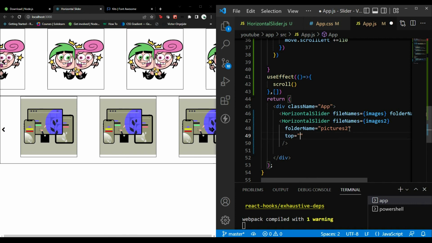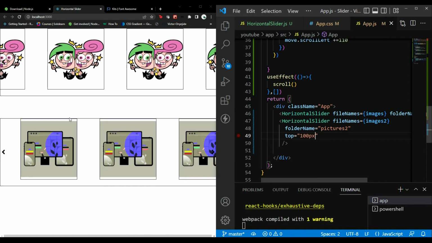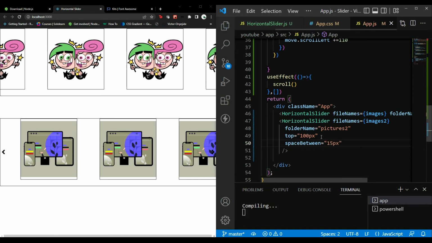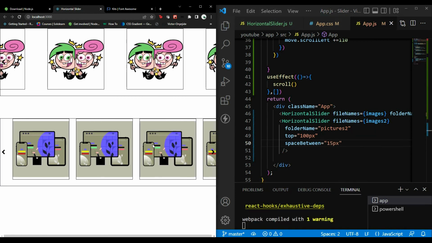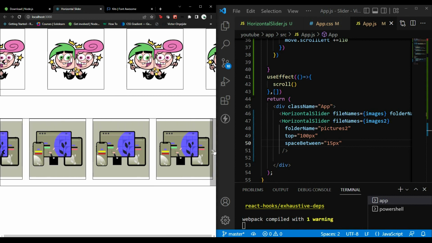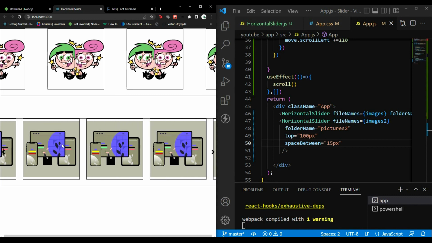Then top, to give it like last time 100 pixels. Save. Then compare the space between them. Right, and say 10, 15 pixels, and now they're closer together, and you can move this one too with the arrows,